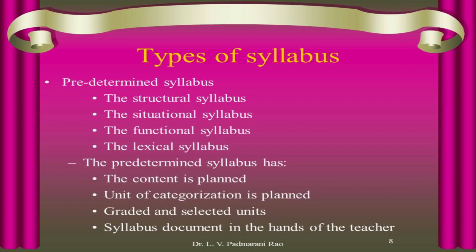But language acquisition is more of a global rather than a linear process, and it demands the learning of different items simultaneously. Though the structural syllabus has its own interesting progress, it still has a problem: it is more artificial. And hence the second type of predetermined syllabus has emerged, which is the situational and the